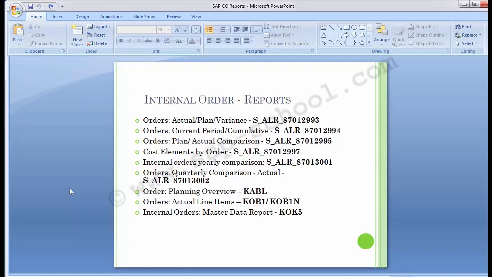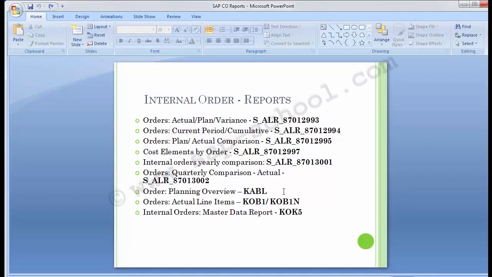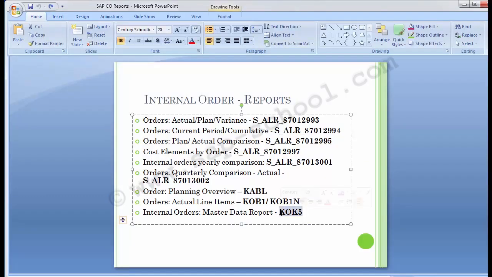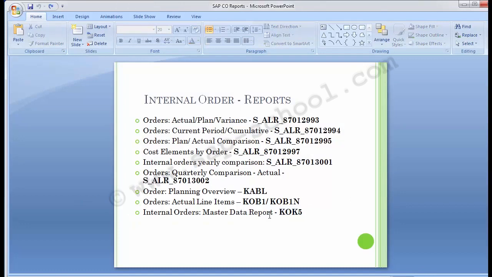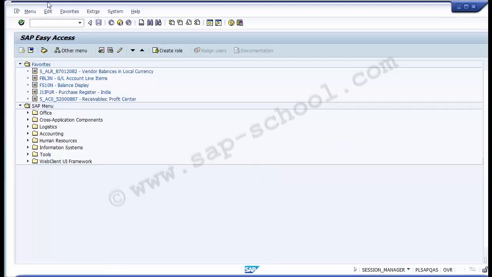Now moving up to the last report on internal order, that is the master data report. So if you create any internal order, it is master data, and you want to see the master data details, what is the name, who created this, when was this created, and in case you want the whole list of different internal orders, you can have that with this particular transaction KOK5. So executing the report